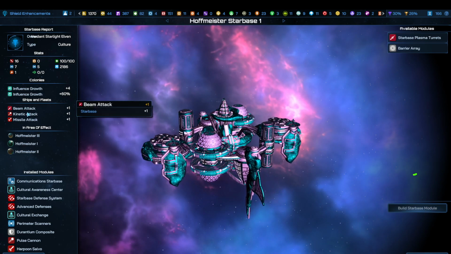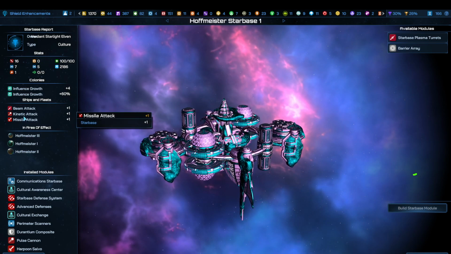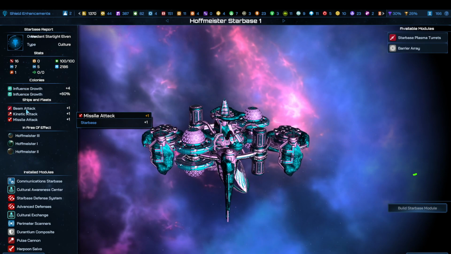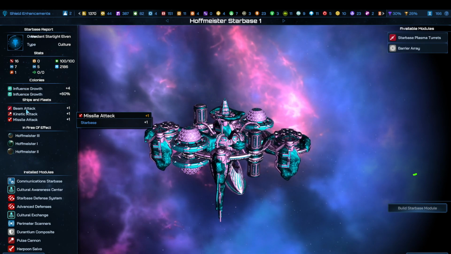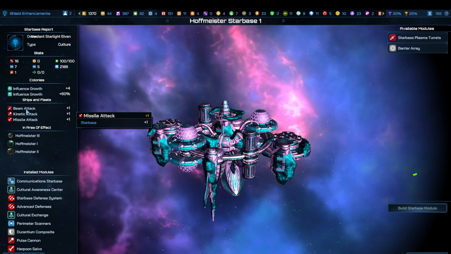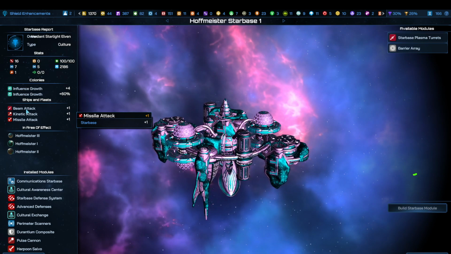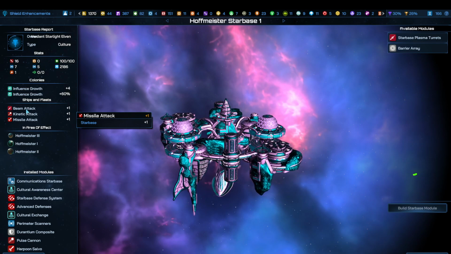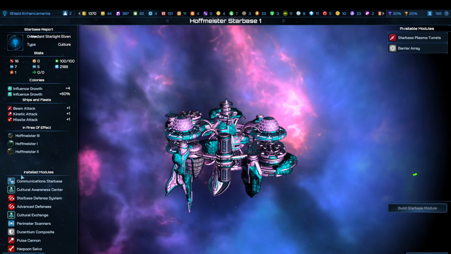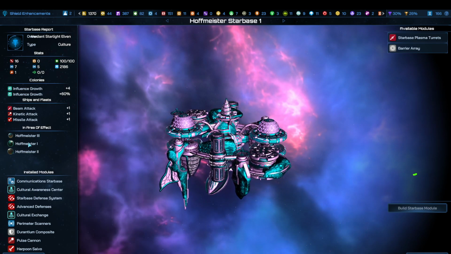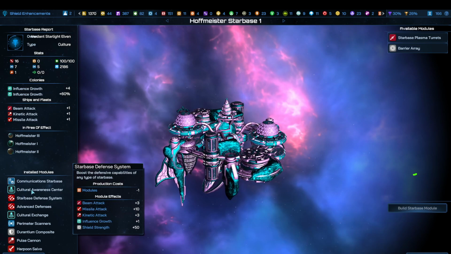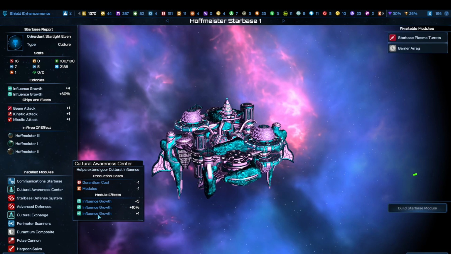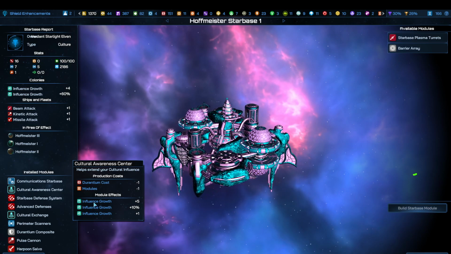And then they have a minor boost to any ship in range, because they made it so all the star bases have a minor effect of the other ones. For the most part, I don't think there's any of them that does the econ effects. But they all have the Cultural Awareness Center. This is not a bug. This is intentional. That gives all your boost the Starbase's core